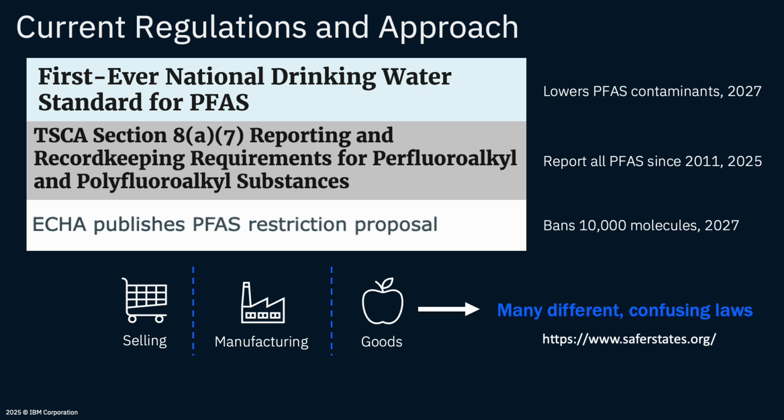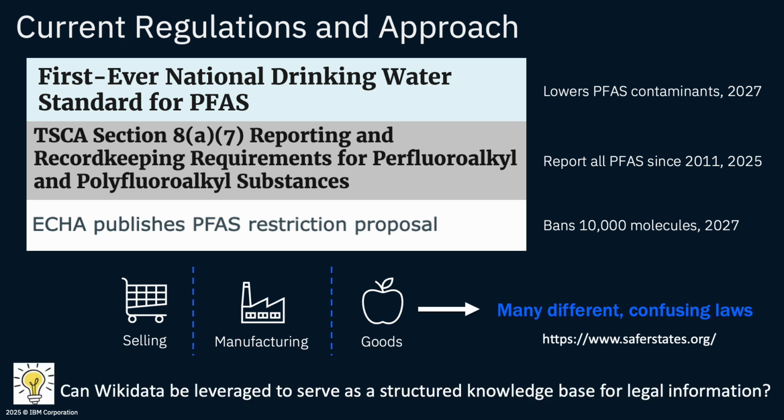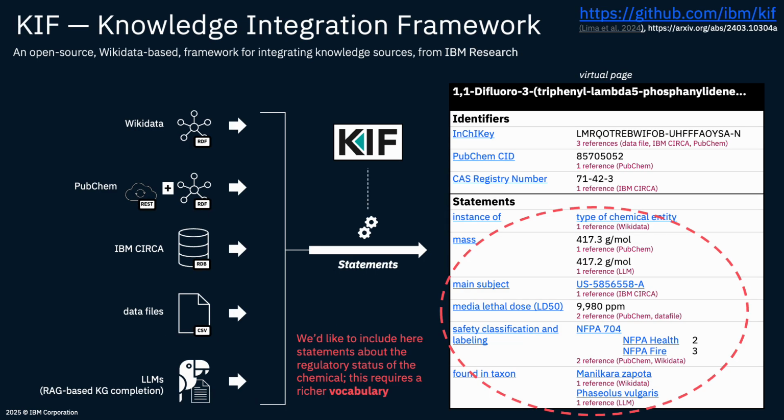Policymakers, such as the EPA in the US or ECHA in Europe, do publish regulations on their respective websites, but there is no centralized or harmonized system for tracking them, let alone one that supports automated interpretation. And that's where we saw potential in Wikidata, as a structured, open knowledge base that could help organize and connect legal information. In a nutshell, our idea was to make use of the existing Wikidata entries in the legal domain